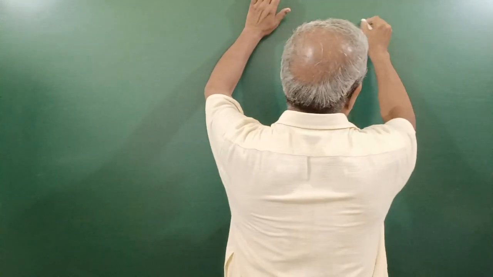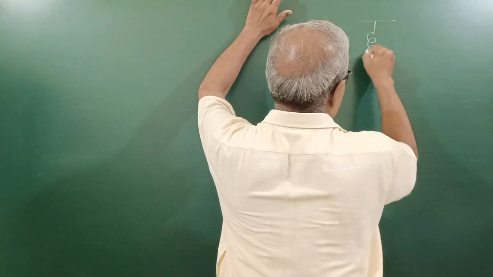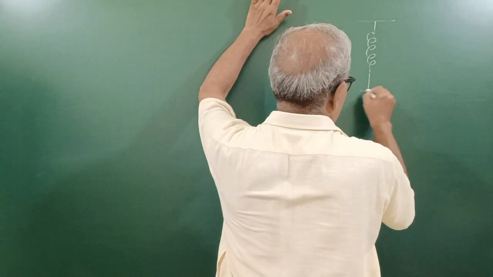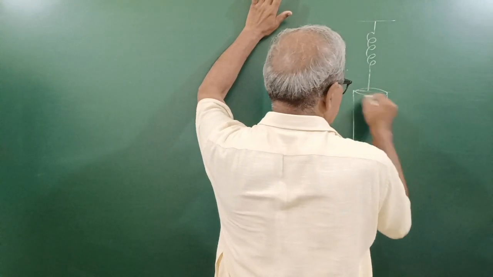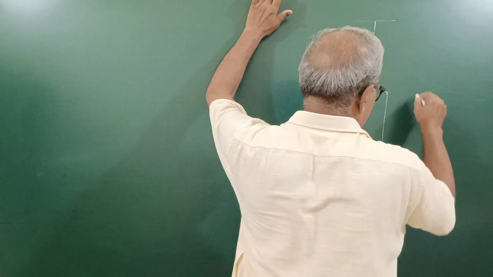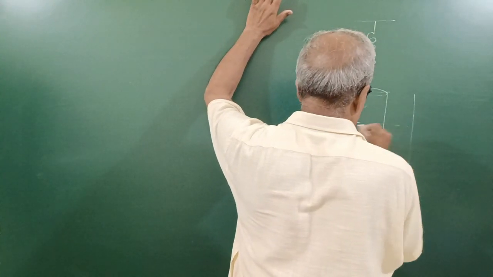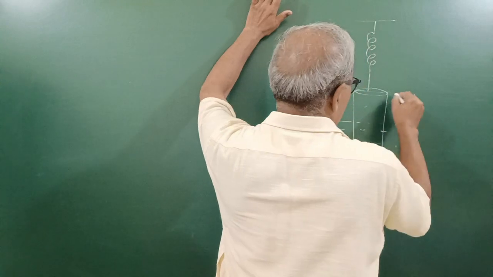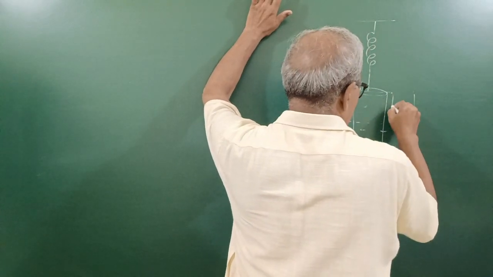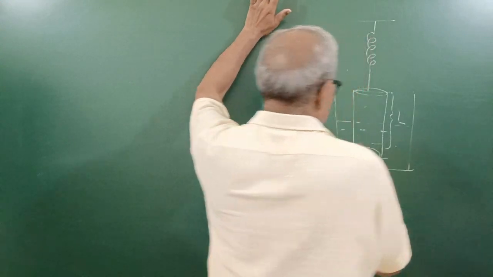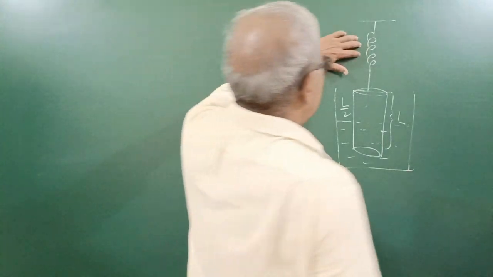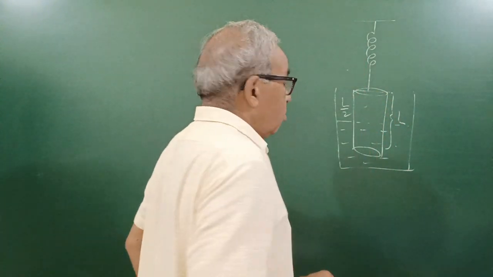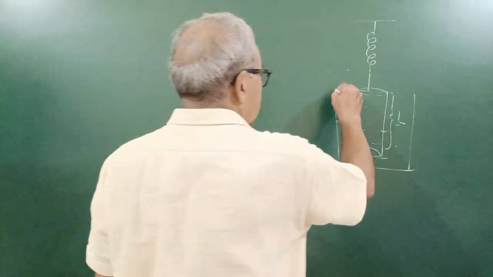Here is the question. A solid cylinder is suspended by a spring. It is a cylinder here. Its length is L. It is submerged such that half of the height is in the liquid. Total length is L, and L by 2 outside, L by 2 inside. This is a massless spring. So you are asked here,